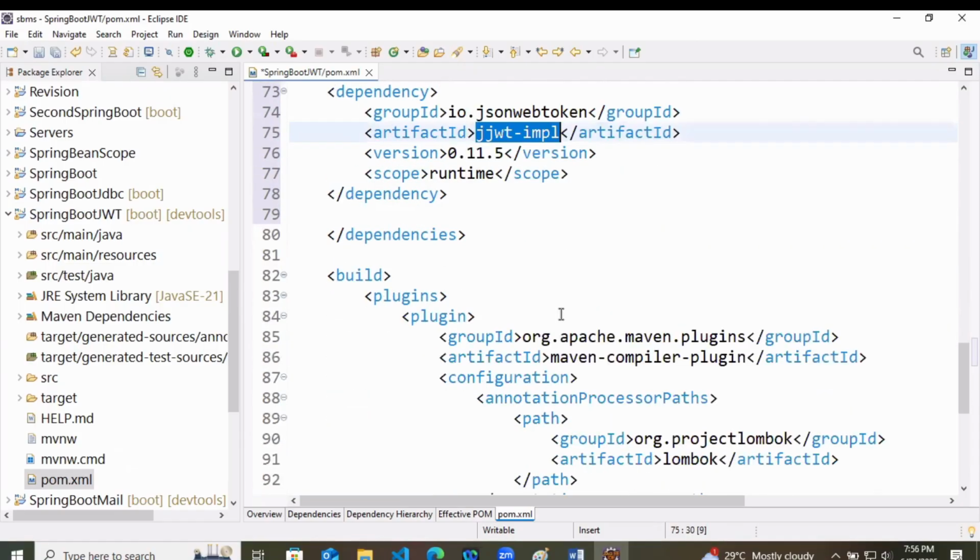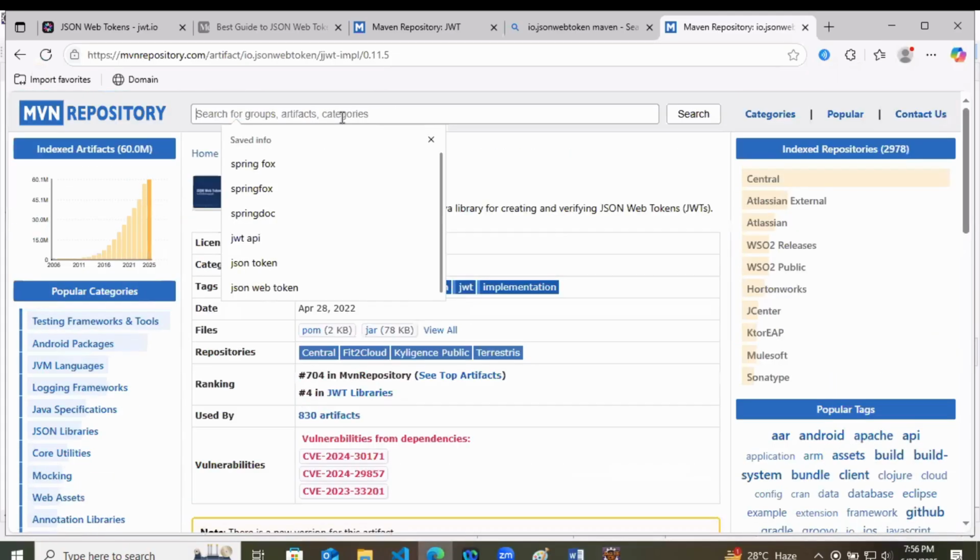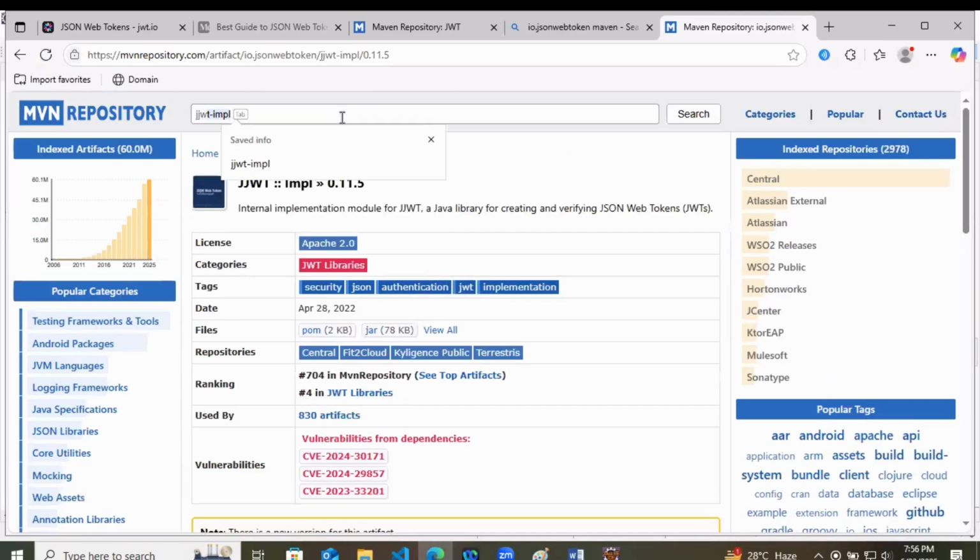Now one more we need, that we need for Jackson. What is Jackson API? What it does? It can give APIs in XML format. Not only XML format, it is used to convert Java object to JSON object and JSON to Java.